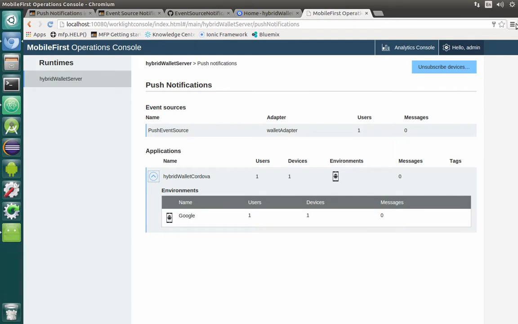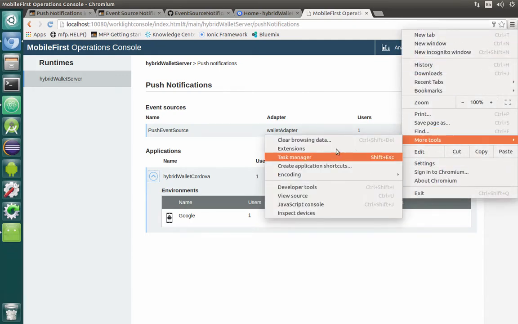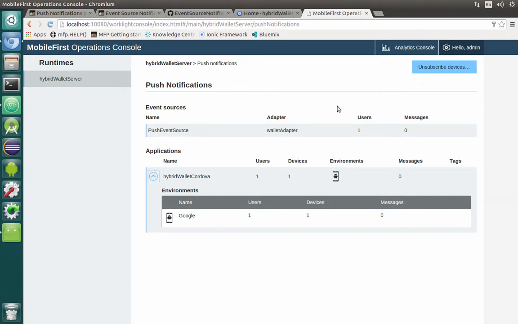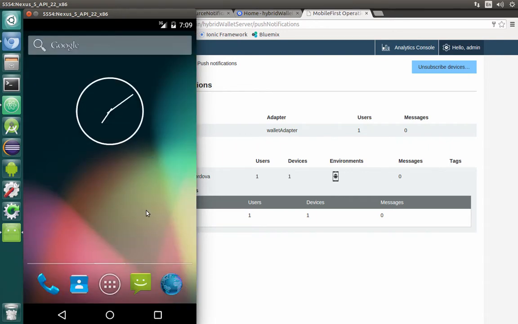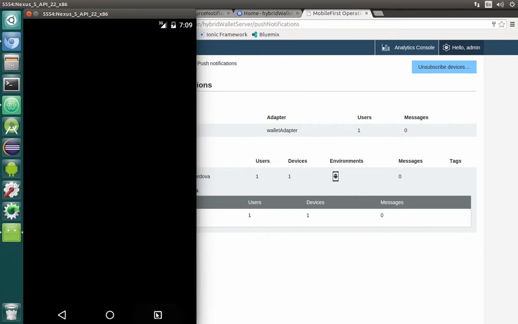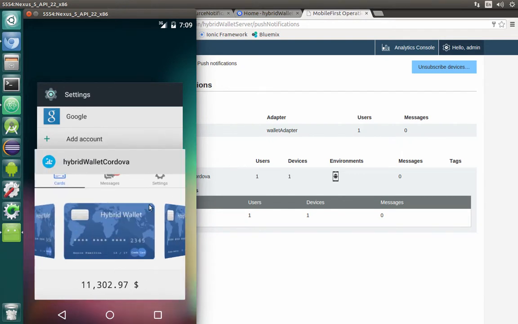An alternative way is to look at more tools, inspect devices, and check the logs on the device from there, or check the logs from Logcat in case of Android. But we have our push working. What does it mean? It means that if we try to close our application, I will remove it from memory